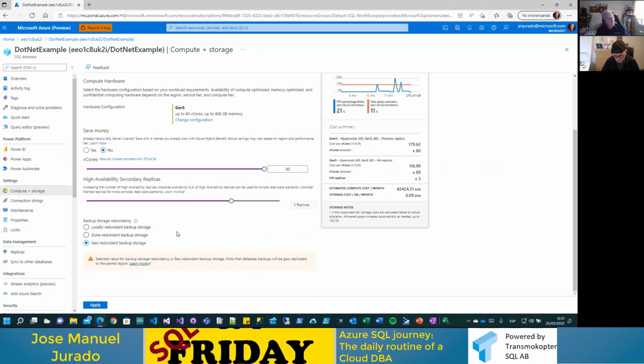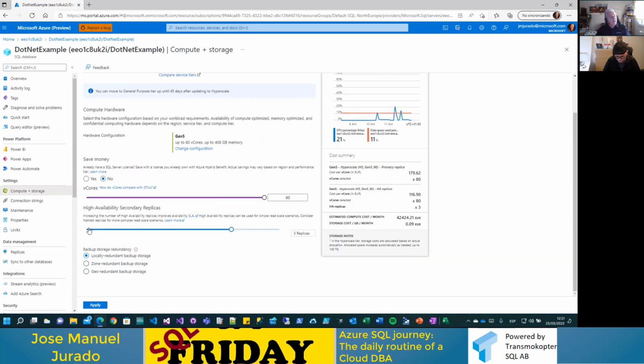When you have redundant backup, it means that when we have this backup that was taken in just one specific zone, we are going to move it to another zone. I'm going to explain what zones mean in a couple of slides later. But the most important thing is the following: in Azure you have 3 zones. That means that we could have different servers in different zones. I'm going to explain later.